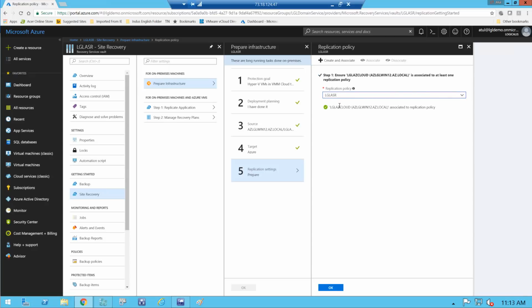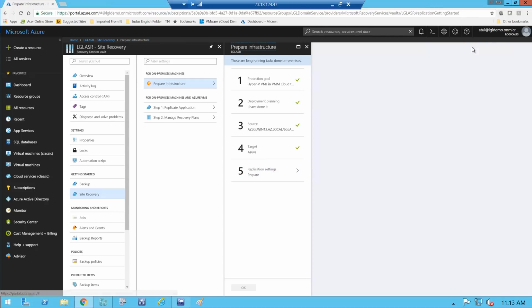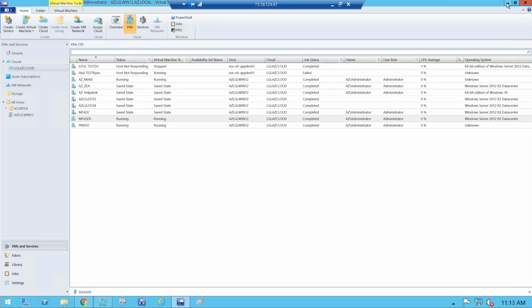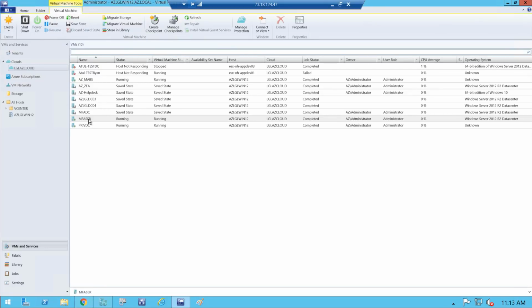And we have associated a replication policy, right? So pretty much straightforward stuff here. Now once you go back here, let me close it, okay, go back to the machine here. These two servers are being replicated. So if I go to the properties of this,